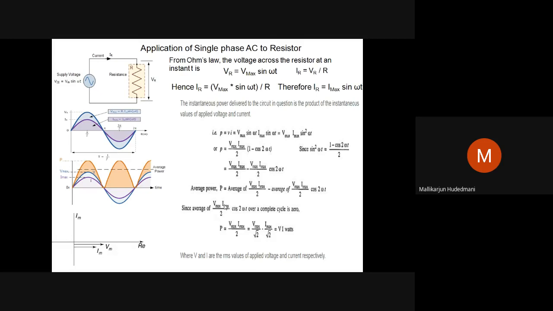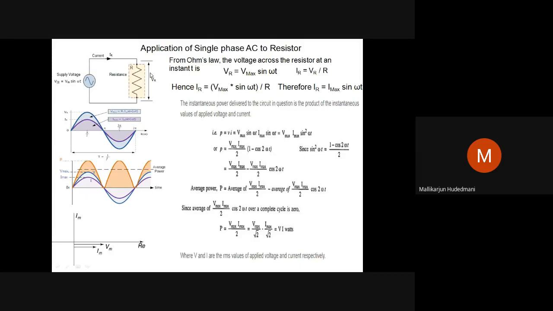At that time, you need to perform these computations which have been put on the slide and draw rough sketches of the waves as required. Let's see then. If we have Vm sin omega t applied to a resistor, when a current I flows through this, it creates a voltage across it. Let Vr be the applied voltage. Vr equal to Vm sin omega t, and IR equal to Vr divided by R, because the voltage across this is nothing but the voltage applied.